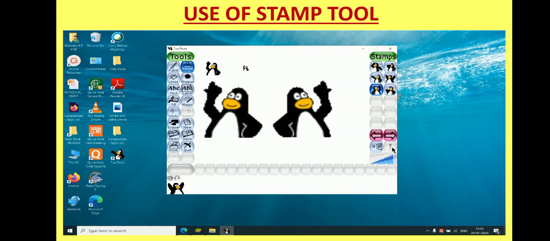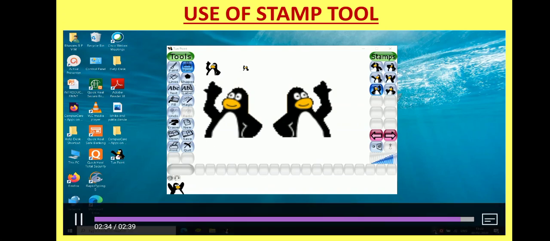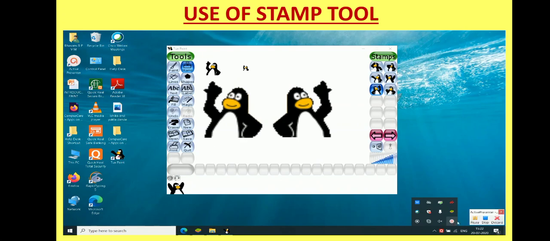And this tool you can use to vertically flip your stamp. Right now this tool is inactive because it works on some stamps and it does not work on some stamps. So in this way, very easily you can use the stamp tool.